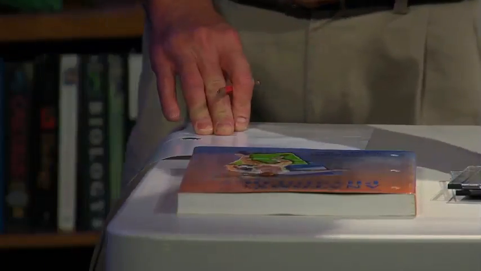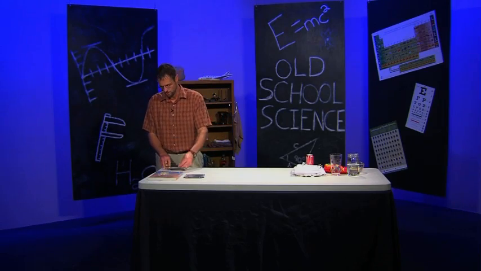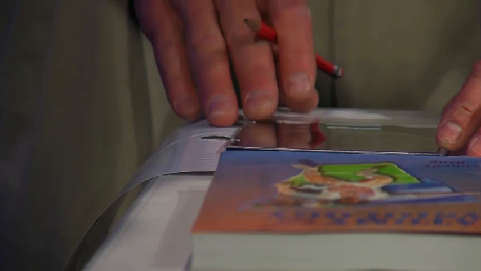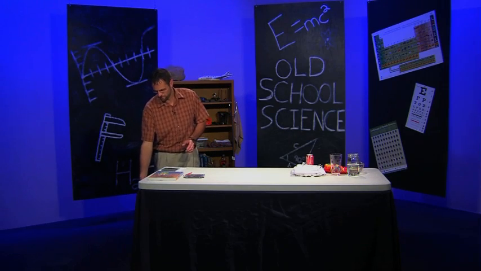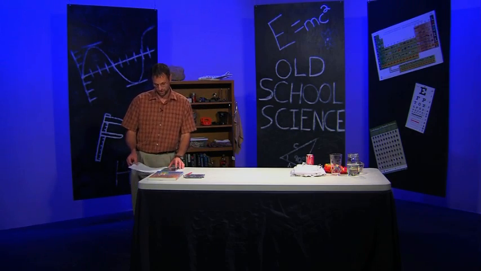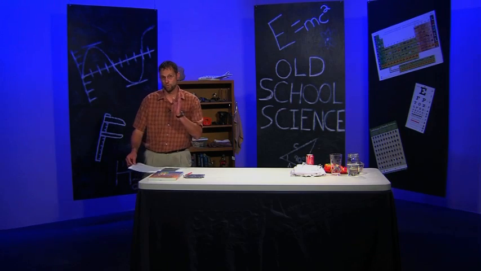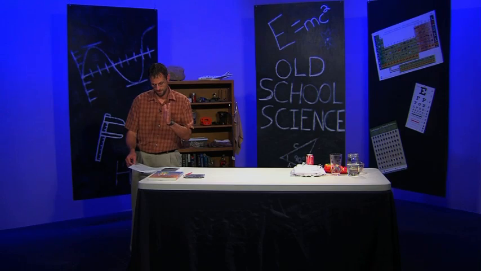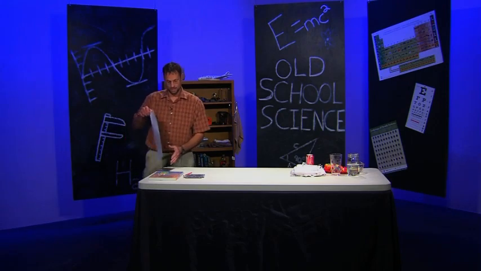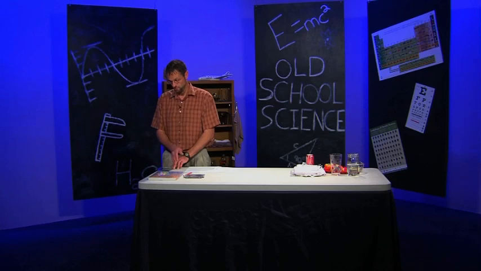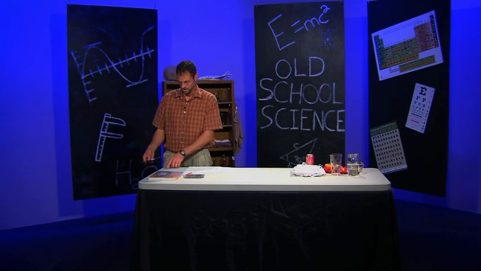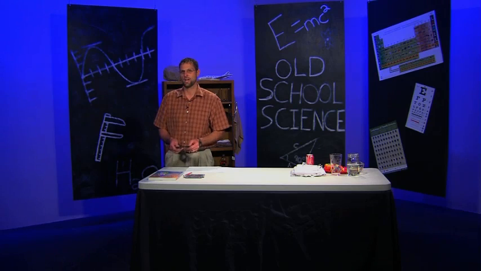I'm going to place that disc cover right up next to the line I marked, about a quarter inch from there. I'm going to grab a piece of paper like this, do a karate chop, and pull the paper through with one quick motion. Give it a pull here. Now you notice the disc cover did move, almost past the edge of the table, probably an inch and a half or so.